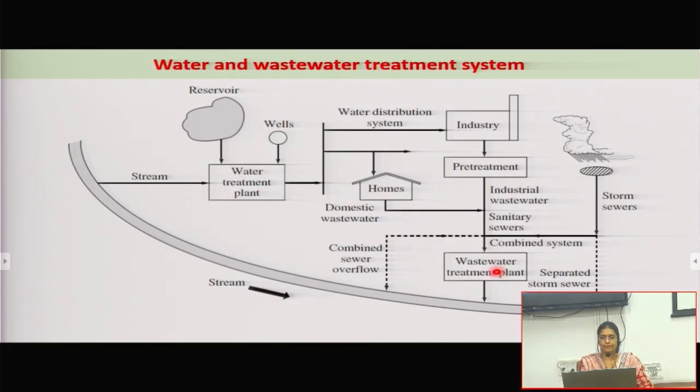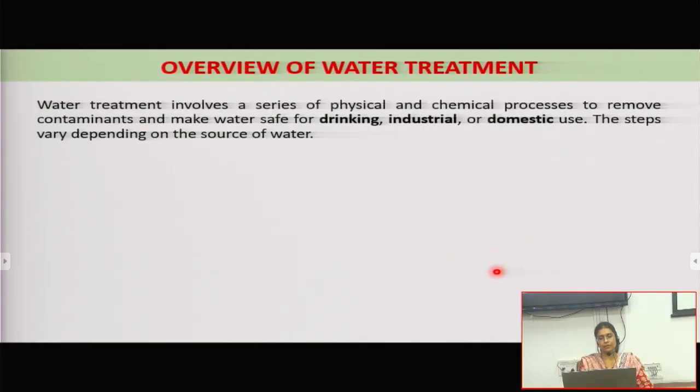All right. Now, before we dig into the main treatment options, I wanted to show what the conventional methods available to us are. Conventional means as on date, so these are things which have come up recently, right? Antibiotics or priority pollutants or these kinds of pollutants were not an issue, let's say, 50 years back. So let's see what options are available and how we can build on that, if we can or cannot. Water treatment obviously involves a series of steps, and it could be physical, chemical or biological options.